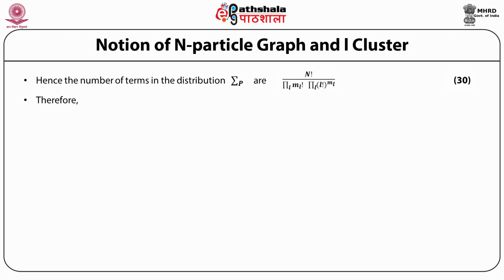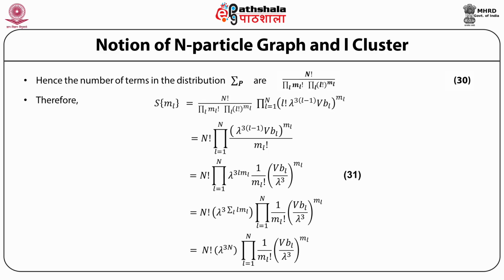Therefore, the function S over the set ml is equal to n factorial over the product over l of ml factorial multiplied by the product over l of l factorial raised to power ml, whole multiplied by the product over l equal to 1 to n of 1 upon l factorial lambda raised to power 3l minus 3 V b_l, whole raised to power ml, which is equal to n factorial product over l equal to 1 to n of lambda raised to power 3l minus 3 V b_l raised to power ml divided by ml factorial, which can be rearranged